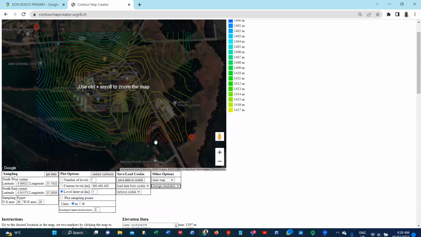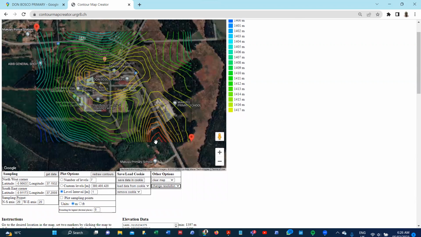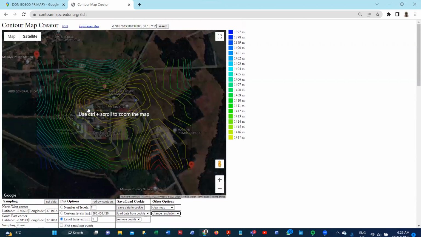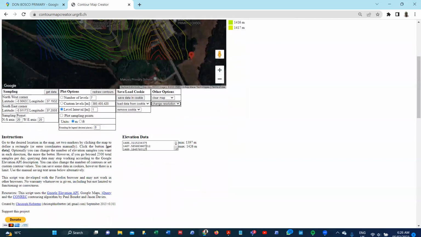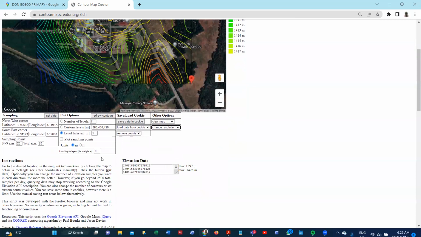So once you have done that, you need to export this map with the contours to Google Earth. This should help you enhance two or three things and even help in auto scaling so that when you're exporting it to Archicad, you don't have any problem, okay? So how do we do that? We do that by